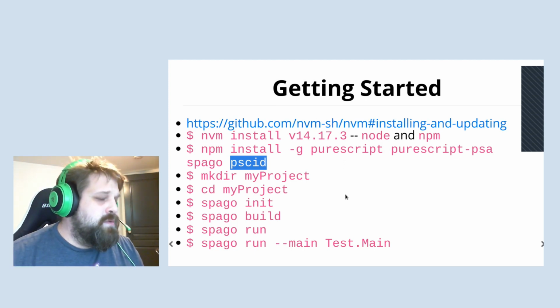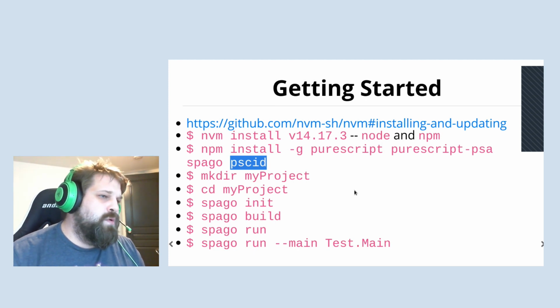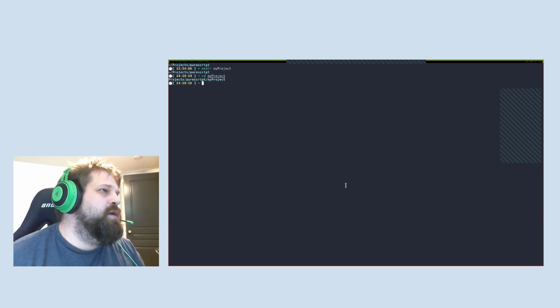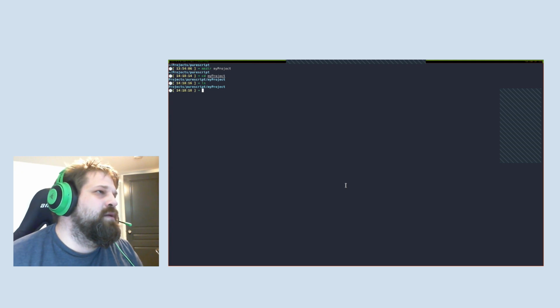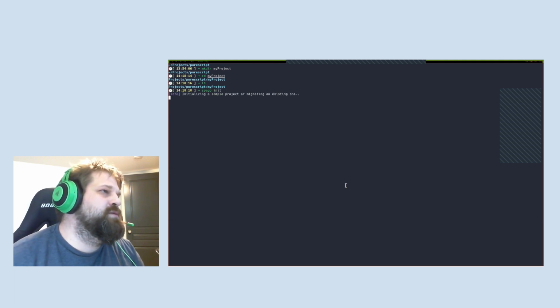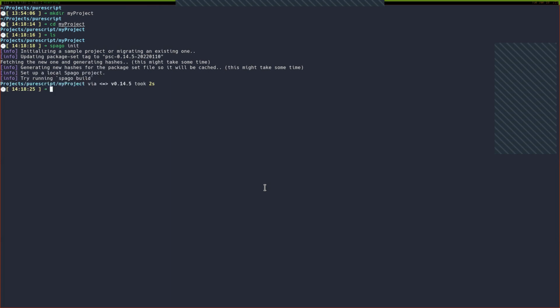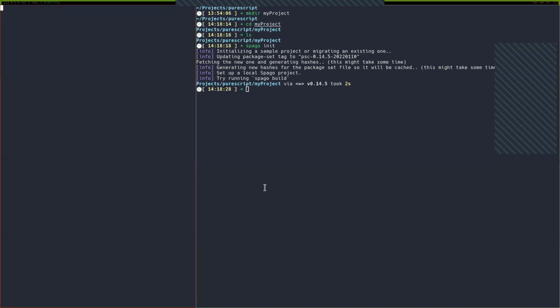Okay, so I'm just going to switch over to my coding workspace, and we're going to see setting up a project and getting to a basic hello world, and then we're going to move into a browser. So I'm going to make a directory, and we'll call this my project. We're in an empty directory, and we can just do spago init. I will show you what that looks like. We'll just get a second terminal up.